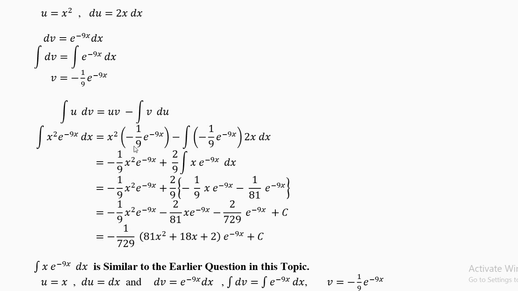Copy it in 4-5 steps till you finish the answer. Now the second part has to do with integration minus integral v du. Now open the bracket. Bracket minus 1 over 9 e power minus 9x. Du is 2x dx. And this was your v in the bracket. Open the bracket, take minus 1 by 9 out, 2 also out. Minus into minus is plus, you'll get plus 2 by 9 x into e power minus 9x dx.